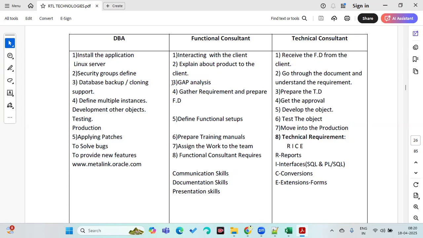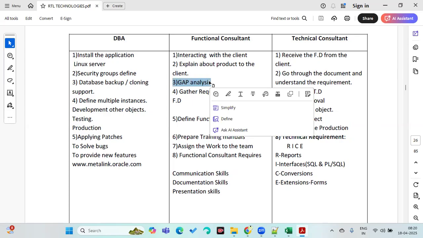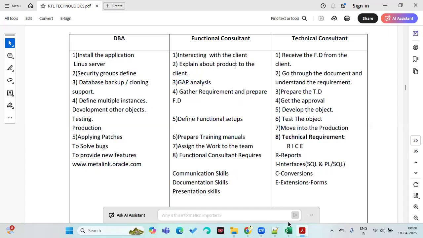If there is no gap, there is no question of a project. You just have to install the software, give training on how to use it, and create user IDs and passwords for them. You load their customer data, supplier data, items data, and bank information, and you configure the basic things, and then they'll start. It will happen within 3-4 months, and the project will be closed. But hundreds of requirements will not tally with the software, because everybody has their own terms and conditions and their own policies. So definitely there will be a gap between the software and the client's business process. That's what we call gap analysis.